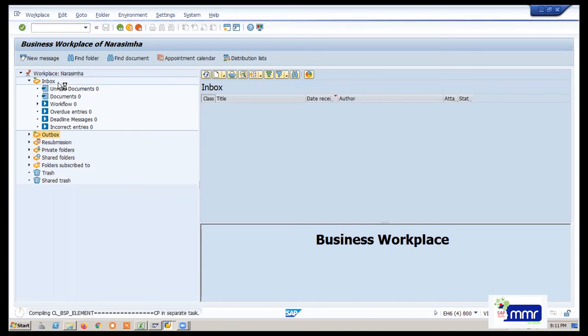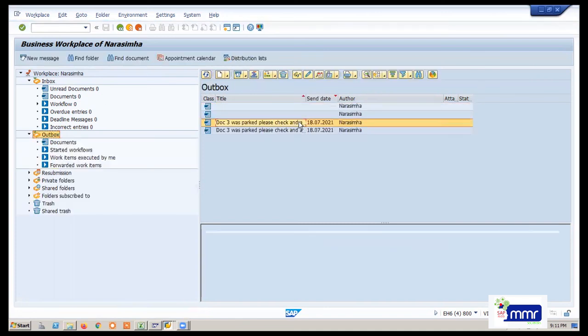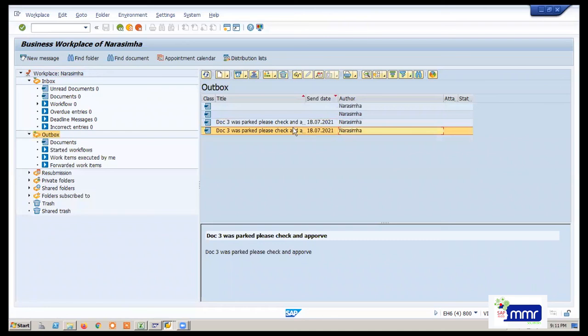That is the way you have to send. In the inbox they will check and see the items. See, this is the way we send and it will come to that person's inbox.